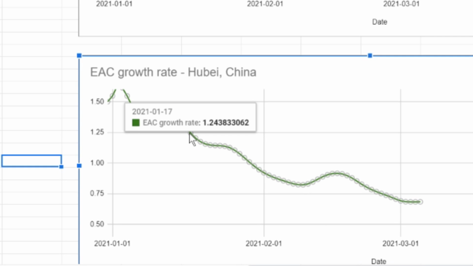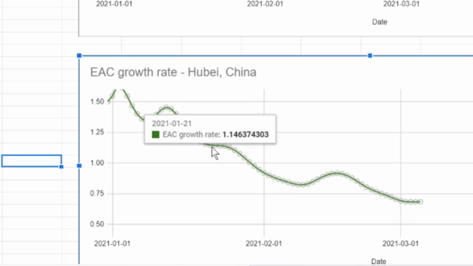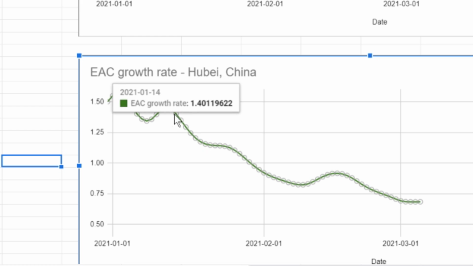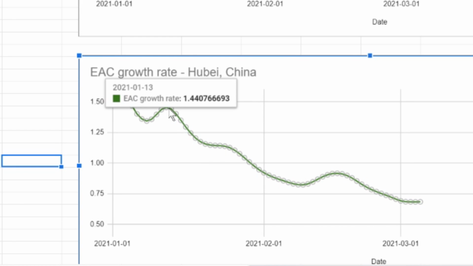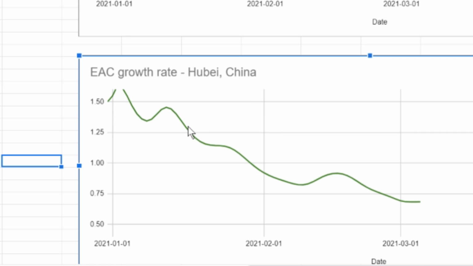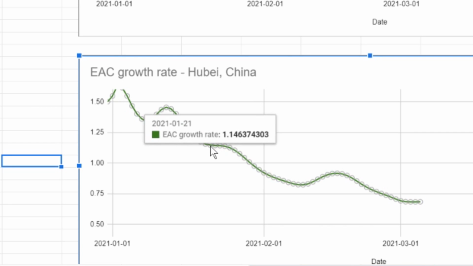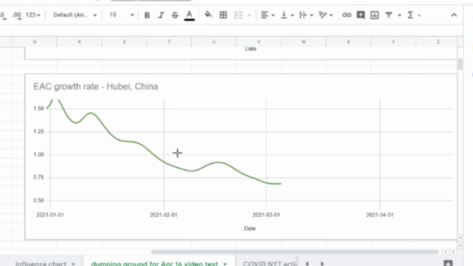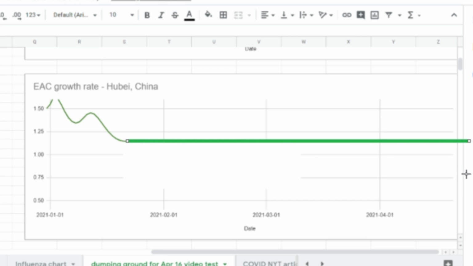So I'm sure you've heard this all many times, but exponential growth is really sensitive to the growth rate, and it can happen really fast. So of course we want to make this graph go down, and you might think, oh, look at this, we dropped from 1.45 down to 1.14. That drop is really good and we're on the right track. But are we? Because imagine if this green line, instead of descending below 1 as it does here, imagine if it were to stay constant at about 1.14 for the rest of eternity.